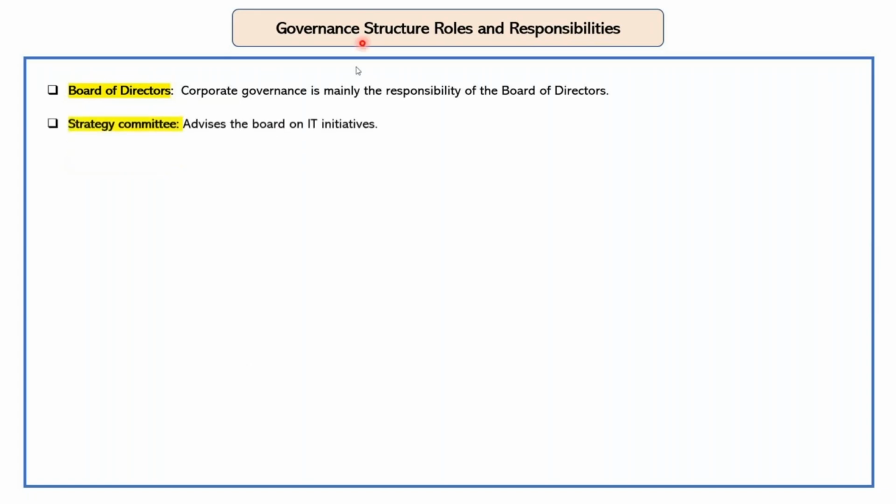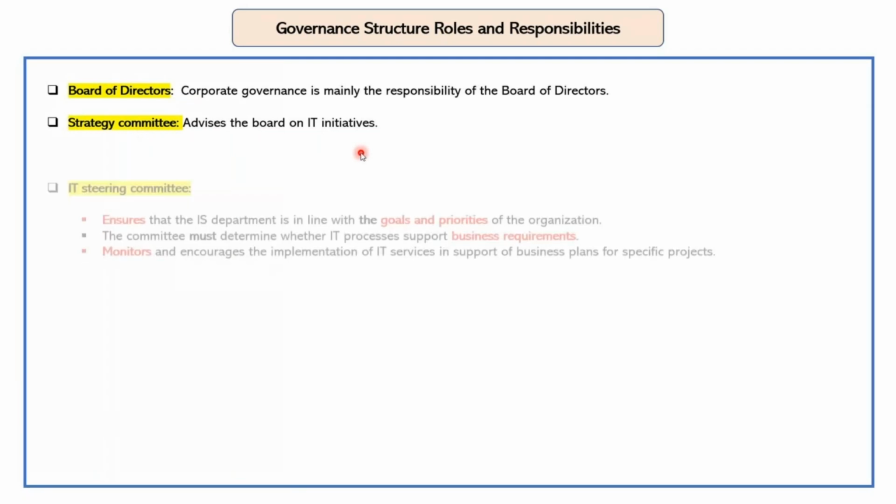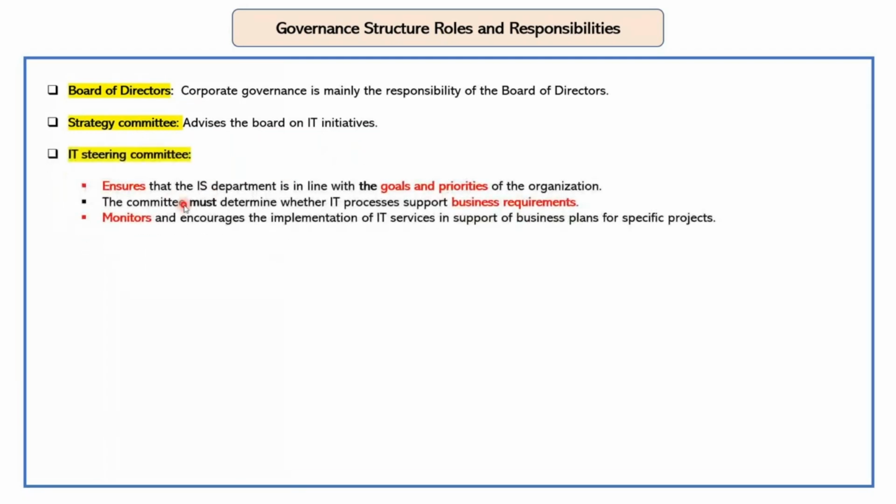So there is the board of directors. Okay, corporate governance is mainly the responsibility of the board of directors. Second one, the strategic committee, which advises the board on IT initiatives. IT steering committee. Now, when I say committee, it's a group of people. Okay, so the IT steering committee ensures that IS, the Information System Department, is in line with the goals and priorities of